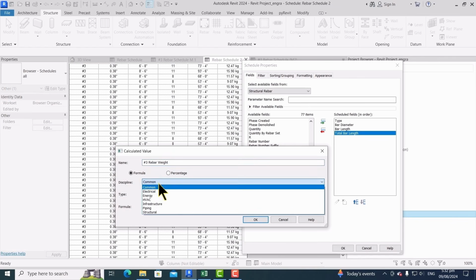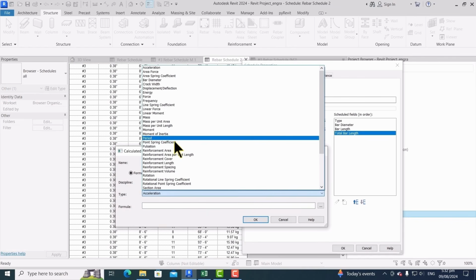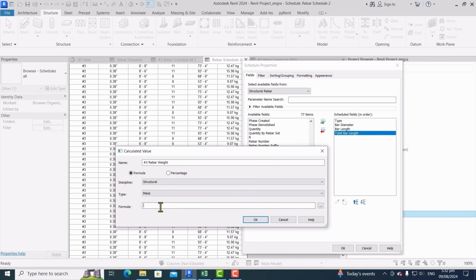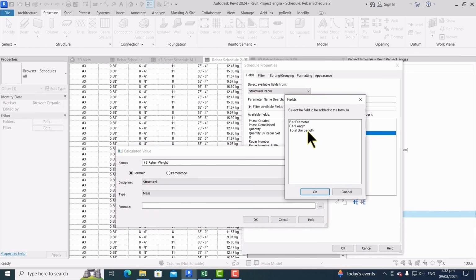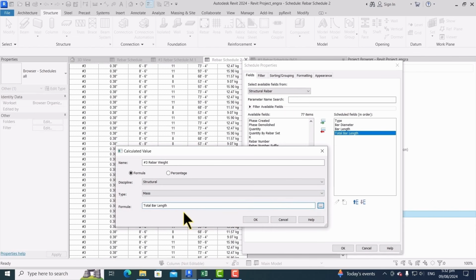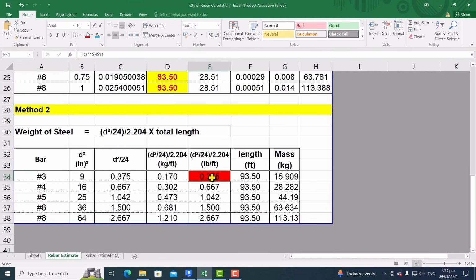Rename it, and then from the discipline I choose structural, and here I choose mass. And then I add the formula by using these three dots. I choose total bar length, and I have to multiply it